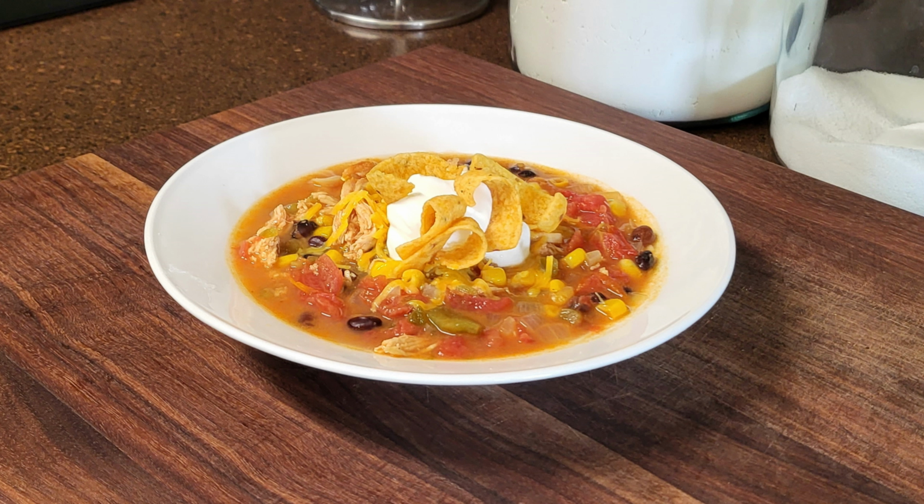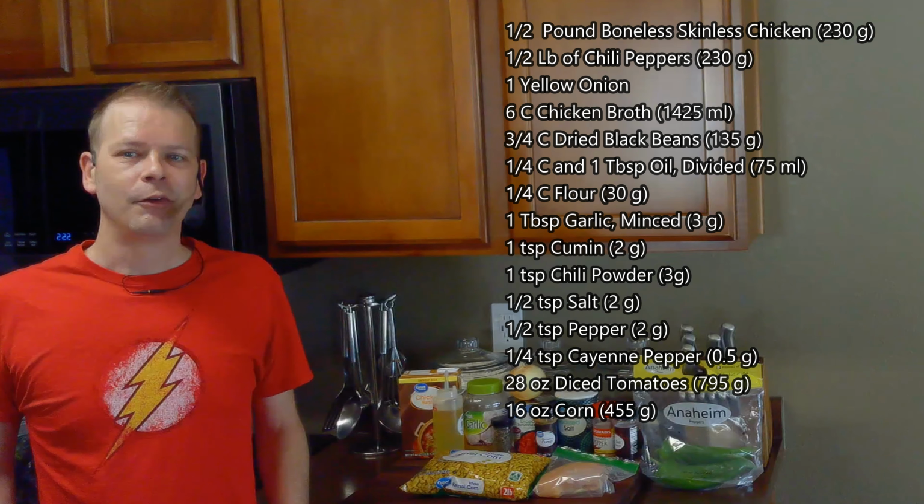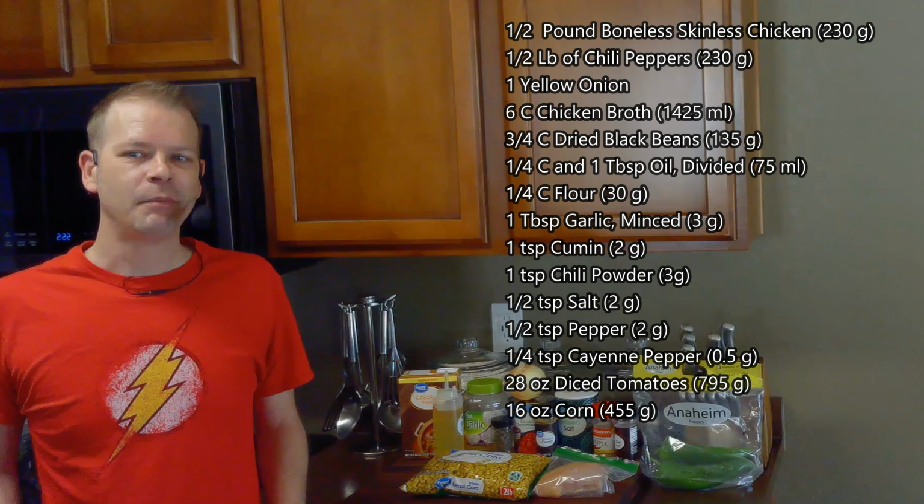Today, we're going to make a Southwest chicken soup. This is a hearty and spicy soup that is perfect for a cold day. It's easy to make and full of flavor. Let's get started. For this, we'll need a half pound of boneless, skinless chicken, a half pound of your favorite